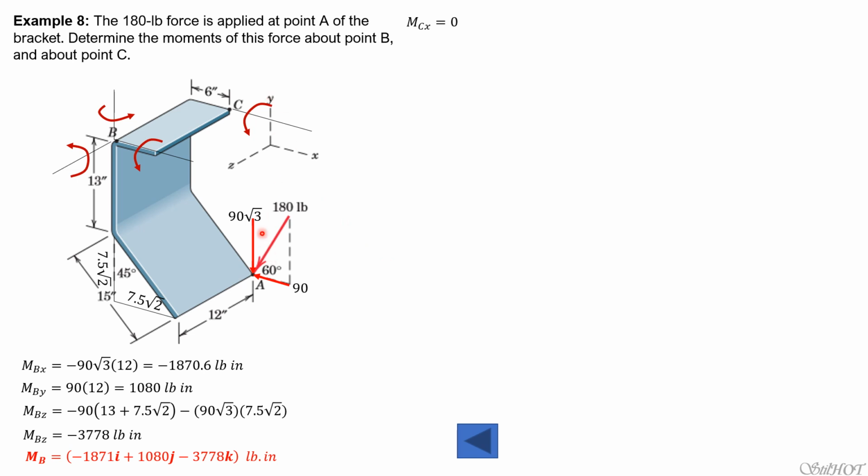Next, CY. So the 90 square root of 3-pound force is ignored. So we draw CY first, then the positive moment would be the same as this. Position your right thumb towards the positive CY axis. So this will be the curling of your forefingers. So that's the positive direction of moment. So the 90 square root of 3-pound force is parallel to CY, so it will not produce moment. Then